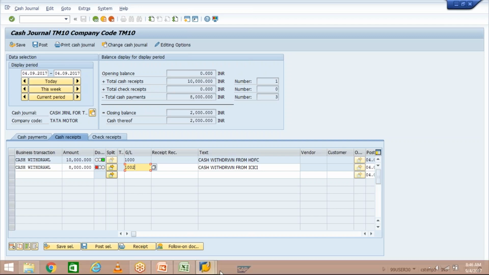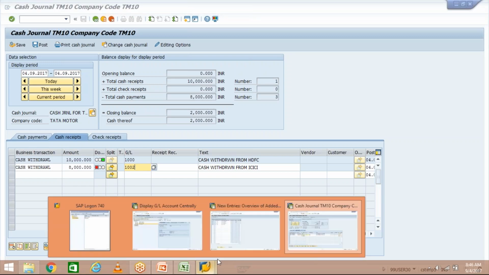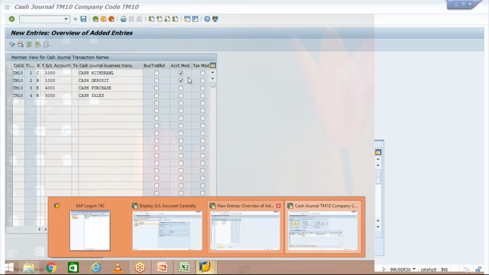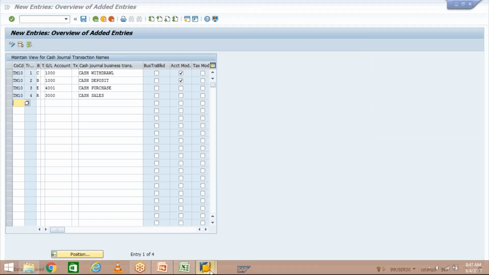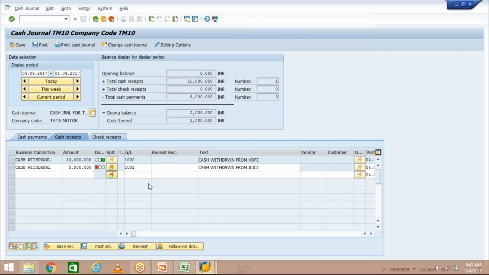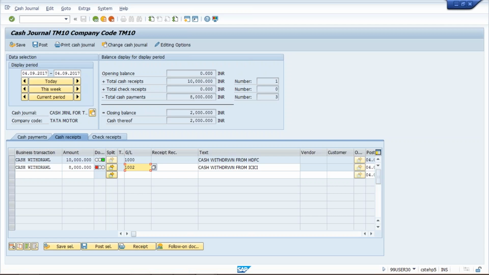It means if you apply a check mark in account modifiable, the system is going to make the GL field modifiable in cash journal. Then select this and click on post.